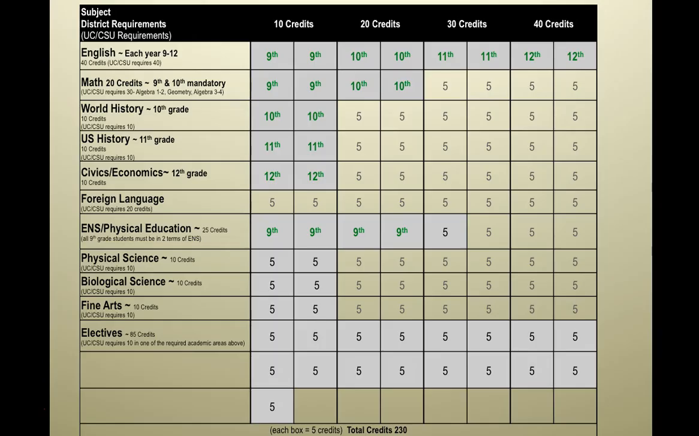Here you will see a 4-year plan according to grade level. Any of the shaded boxes in gray are required for high school graduation. As you can see, an English class is required all 4 years of high school, Math is required in 9th and 10th grade, and then World History, U.S. History, and Civics Econ will correspond with each grade level. ENS is required throughout the 9th grade year, and any additional gray shaded boxes can be filled into your schedule